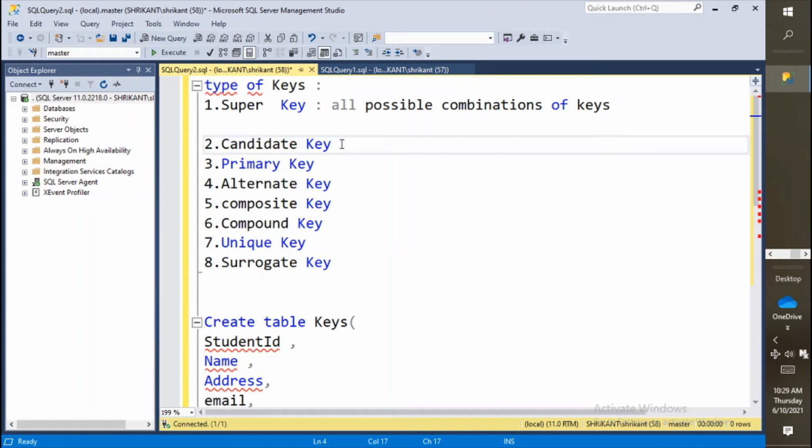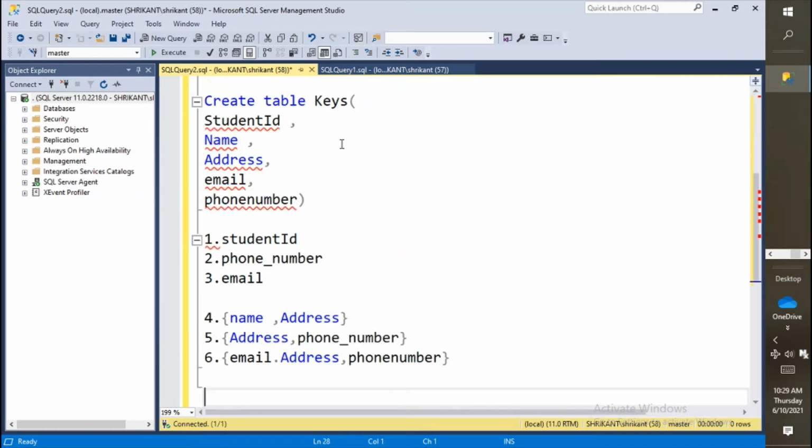Then what is a candidate key? A candidate key is a minimum set of keys which can represent the uniqueness for the table. If I talk about student ID, student ID is a single column which can have the uniqueness. Phone number could be a single column, right? Email is also a single column. So these are the keys which have a minimum set of columns. If I go for 4 5 6, it has a combination, but I still have a few keys which have a single column there, right?